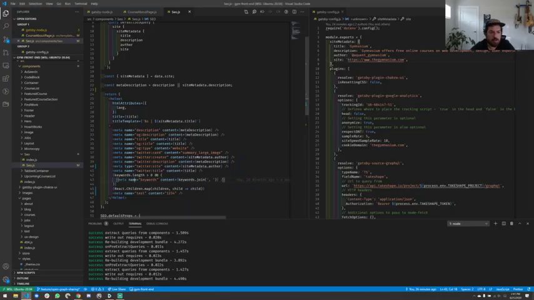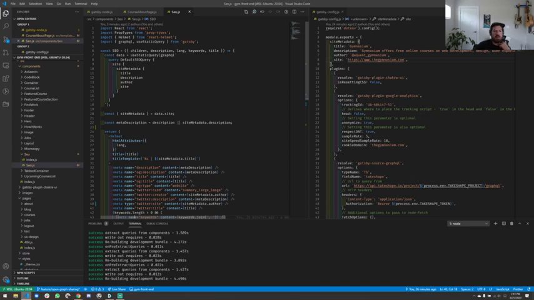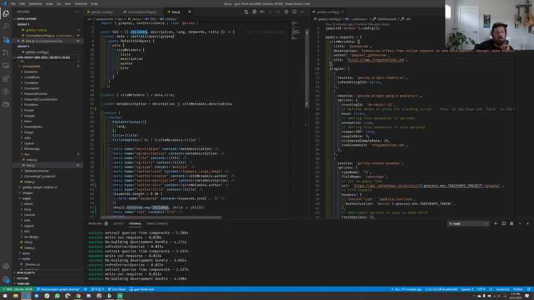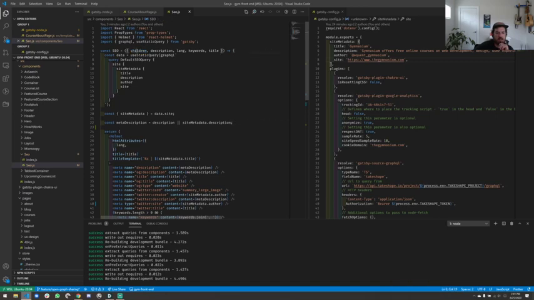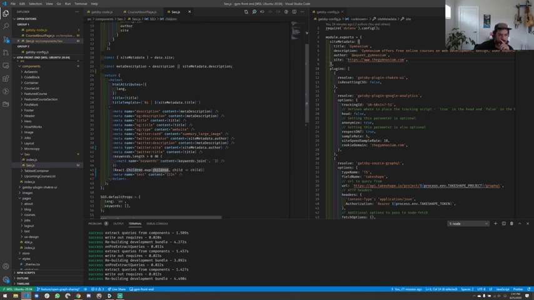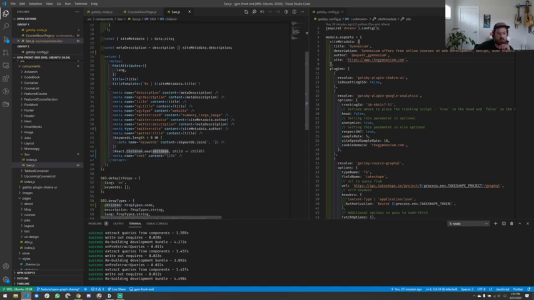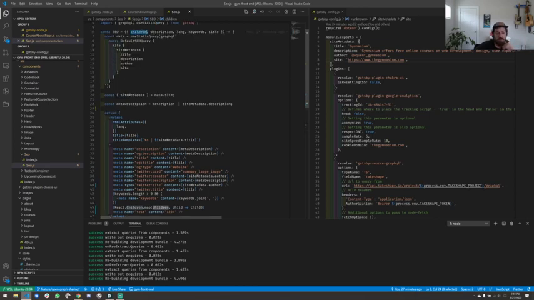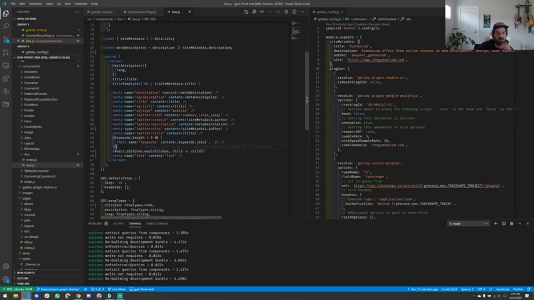Weird. Okay. Yeah, I don't really know what I'm missing here. It's very odd. So there's no reason that this children prop, from what I can see, shouldn't be able to be passed as just an object here, really.